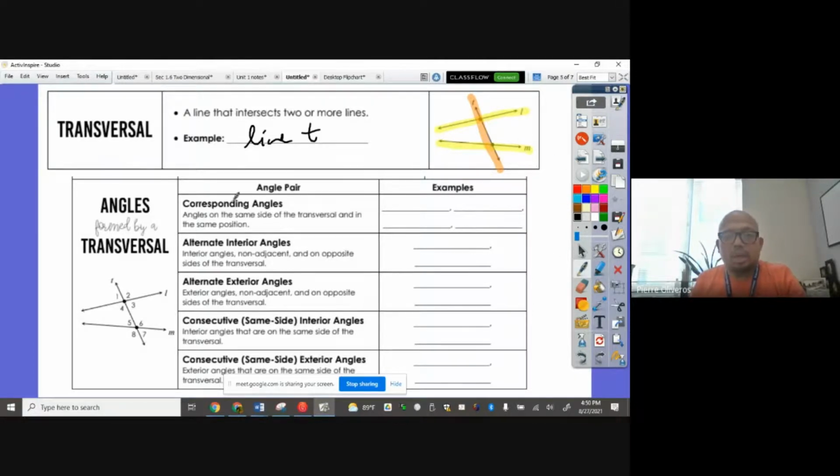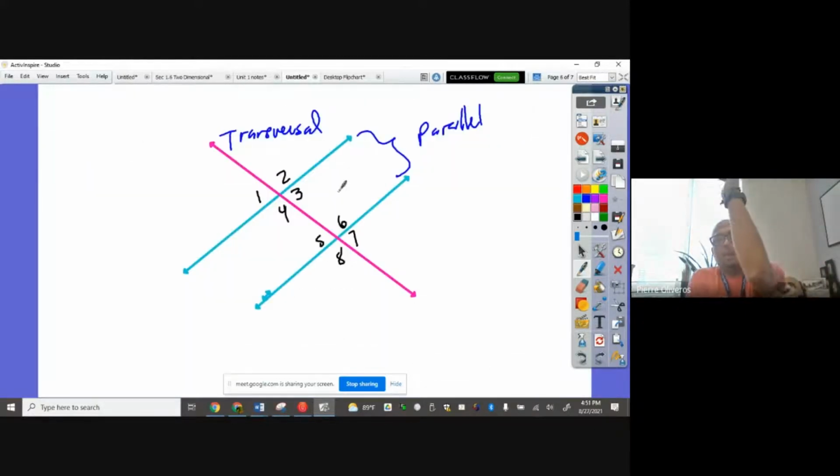Corresponding angles are the angles that are on the same side of the transversal and in the same position. So if you look at this figure here, this is my angle 1, 2, 3, and 4. Now this is 4 angles here and 4 angles here, right? That's one set, and this is another set here. You can tell that the top left here, which is angle 1, the partner of angle 1 here will be